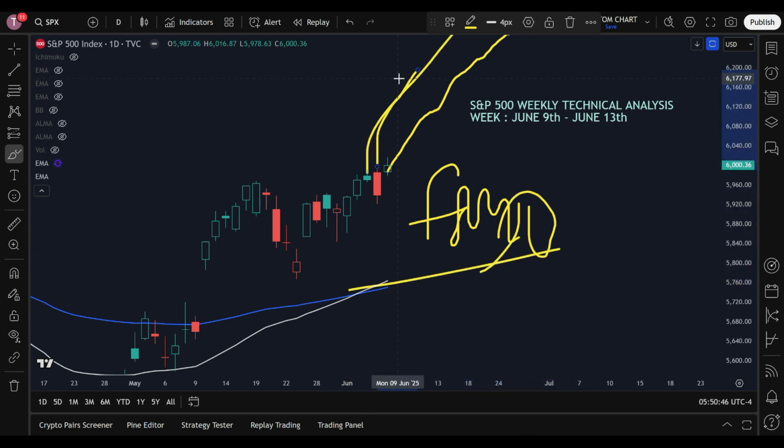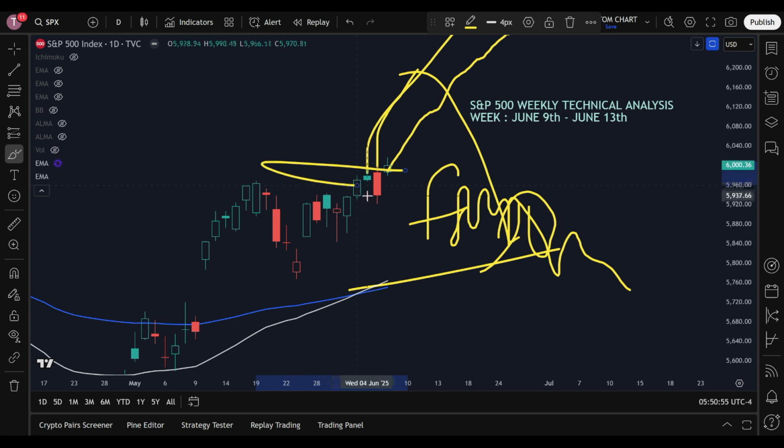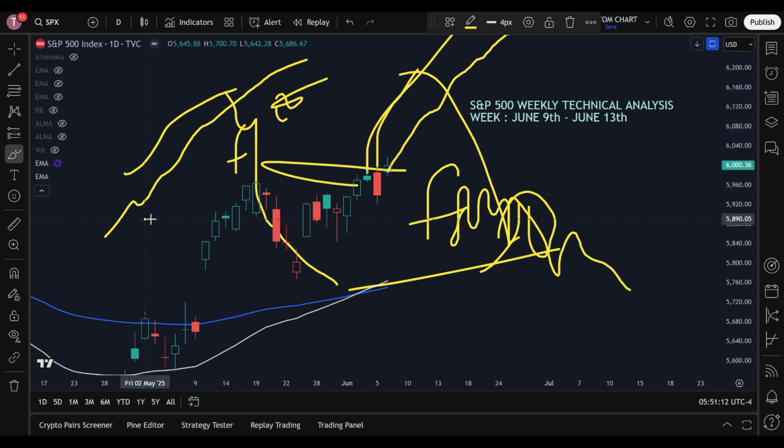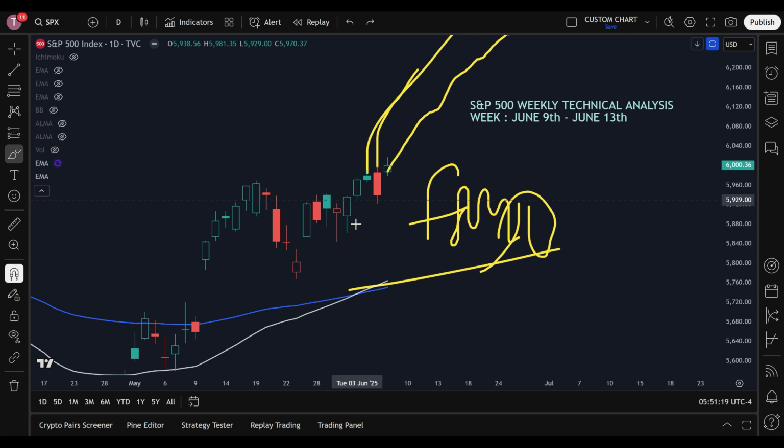Everyone will participate in the buying and then fall, an unstoppable fall for many days, weeks, or months. If you want to check this, you can check just before the COVID fall. You will see that there was a continuous bullish movement, and then all of a sudden the fall started. Then the 2007-2008 recession, exactly the same. Then the 2016 correction, exactly the same. So every time the same pattern is followed, so there is nothing new.